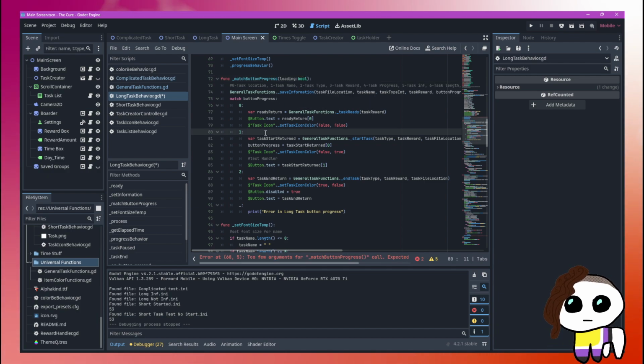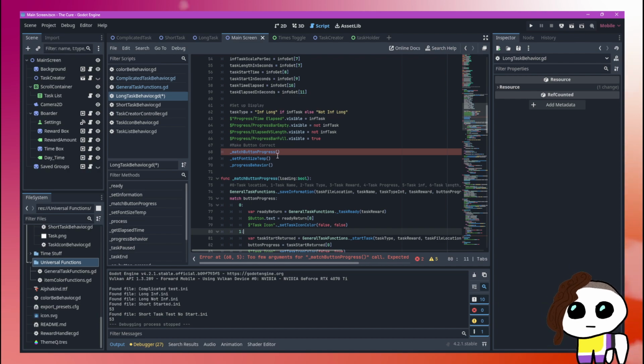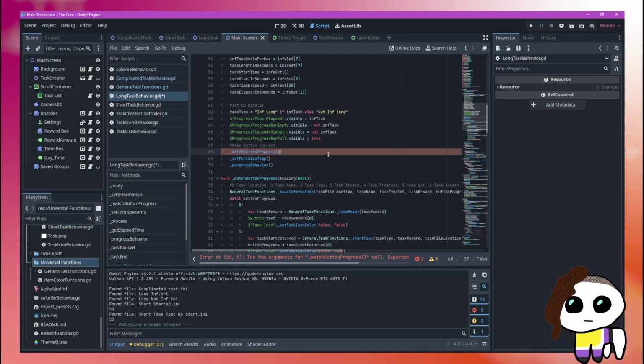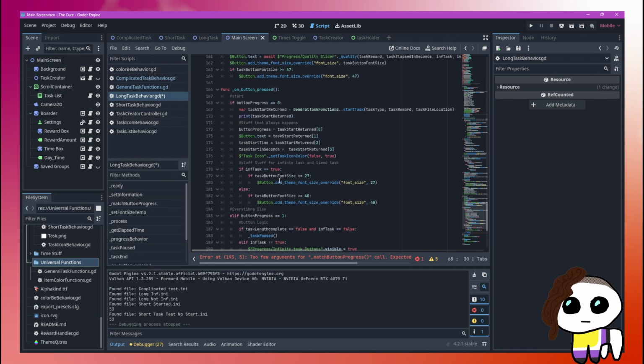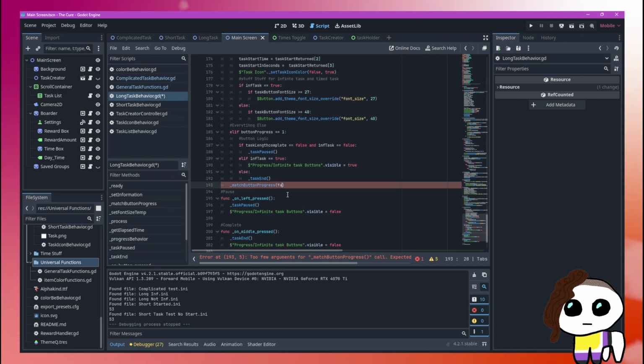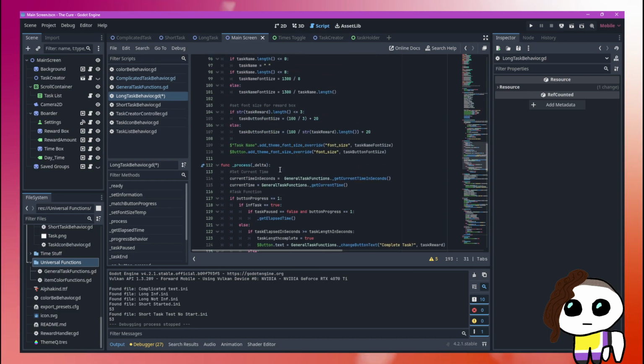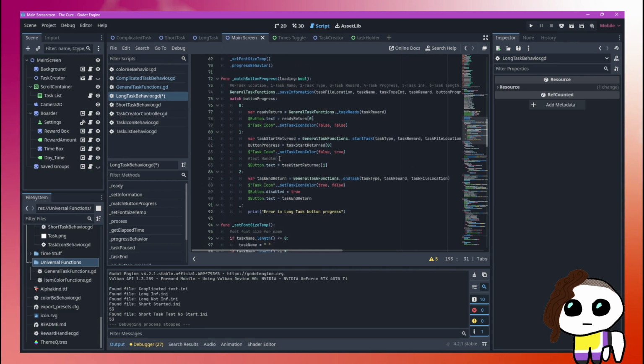Match button loading bool. Up here, this one is true. Then down here is false. Then